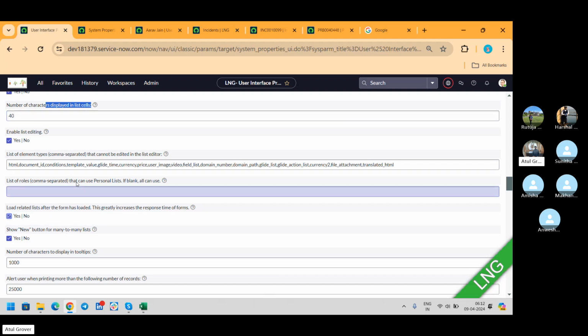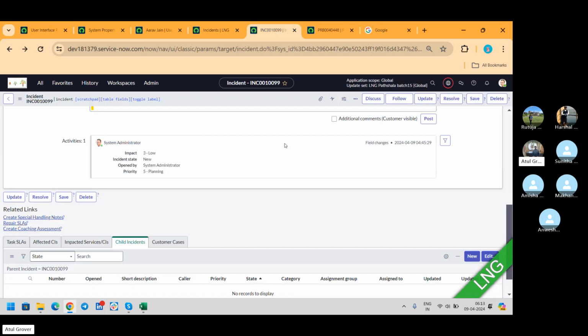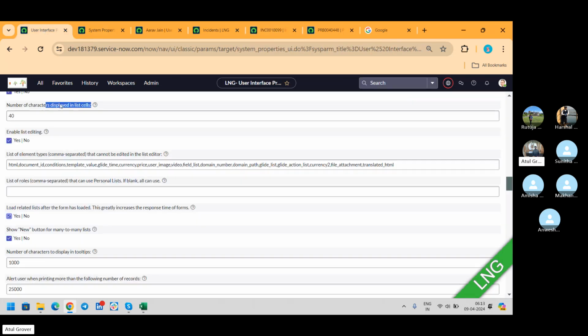If you open any M2M table, you will see the new button automatically. जो ये है, एक इंसिडेंट के मल्टीपल चाइल्ड हो सकते हैं और एक चाइल्ड के मल्टीपल इंसिडेंट भी हो सकते हैं। यस, ये हो सकता है। इट्स नॉट लाइक आवर पेरेंट एंड चाइल्ड रिलेशनशिप, नो, कि एक पेरेंट के चार चाइल्ड है लेकिन चाइल्ड का एक ही पेरेंट होगा, ऐसा नहीं है यहाँ पे। So if it is a M2M table, you will get the new button automatically. वो यहां से आ जाता है प्रॉपर्टी से।